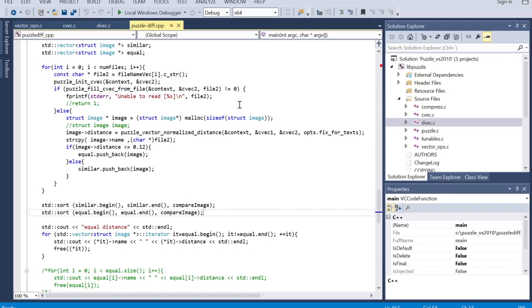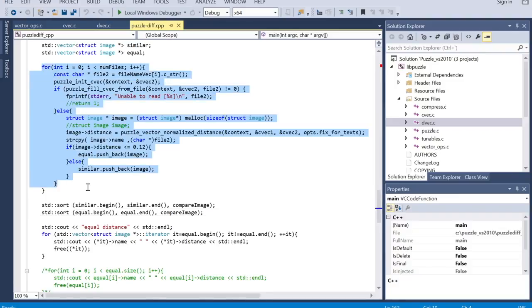In the main program, we are going to parallelize the for loop because we only need the